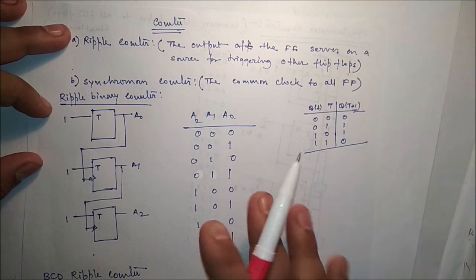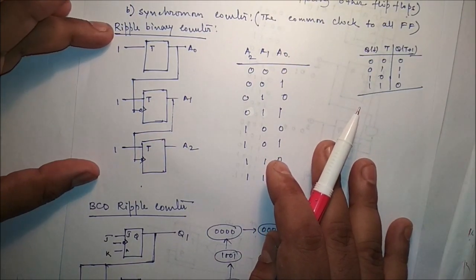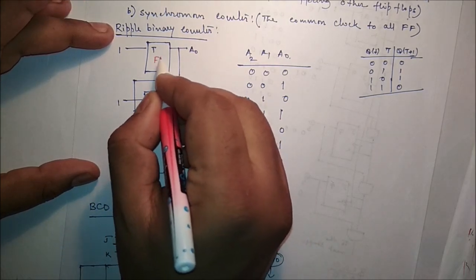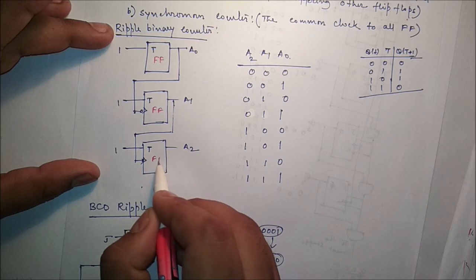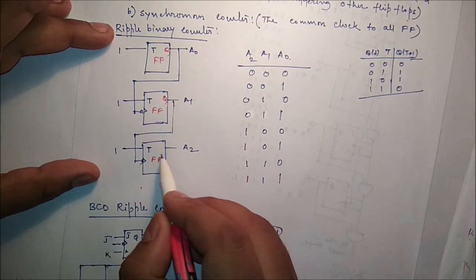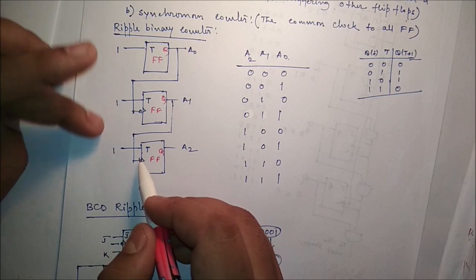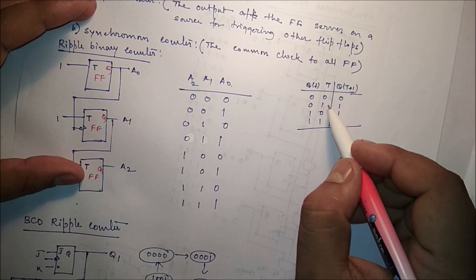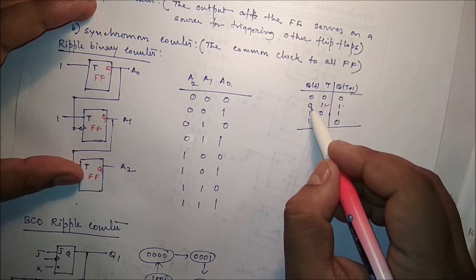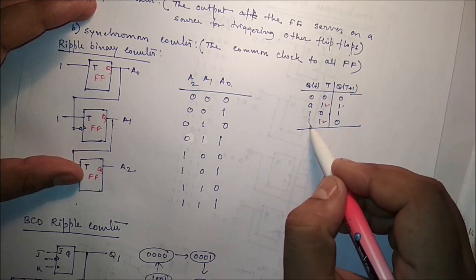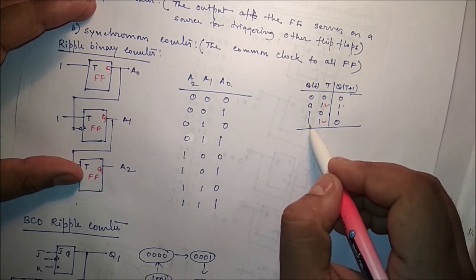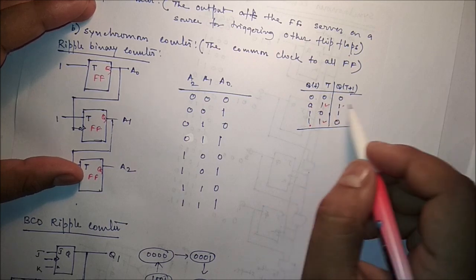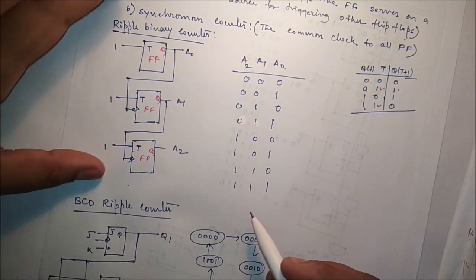You can see one simple ripple counter where three T flip-flops are there. So these are the flip-flops. And where the inputs are always 1, and why is it 1? Because you already know the characteristics table of the T flip-flop. If it is 1, then the next state will be the complement of the present state. But if it is 0, it keeps the same state, so that's why it is always 1.